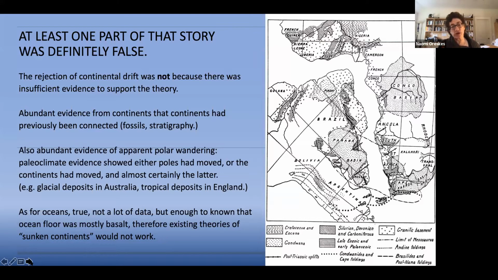And these data were broadly accepted as correct. The question was not, were the data right or wrong? The question was how best to explain them. Now, as for the oceans, it is true that there wasn't a lot of good data from the deep sea,